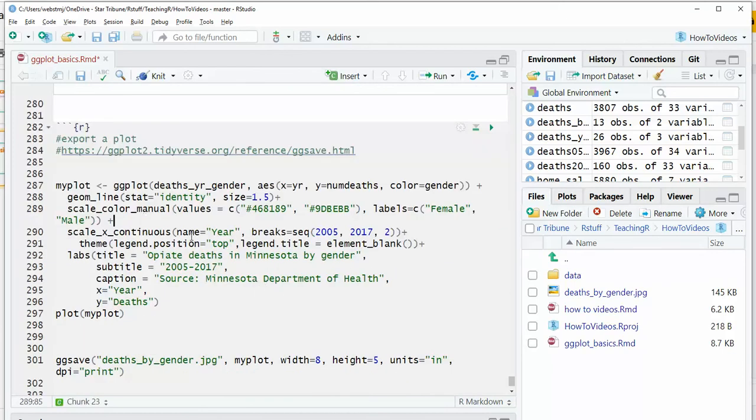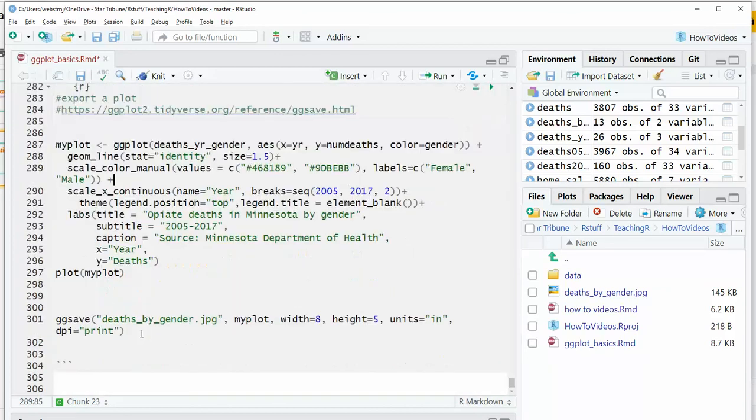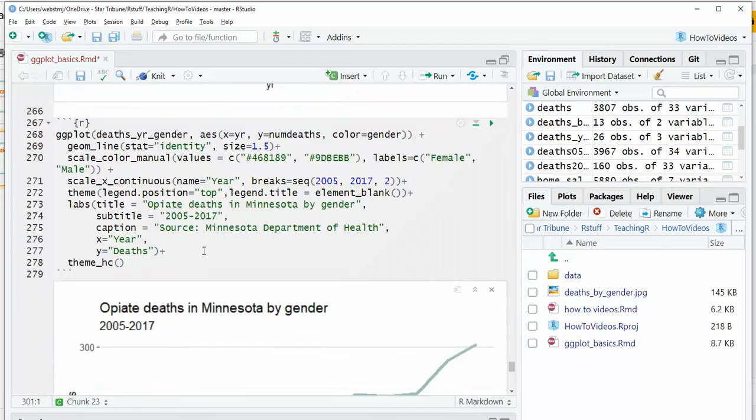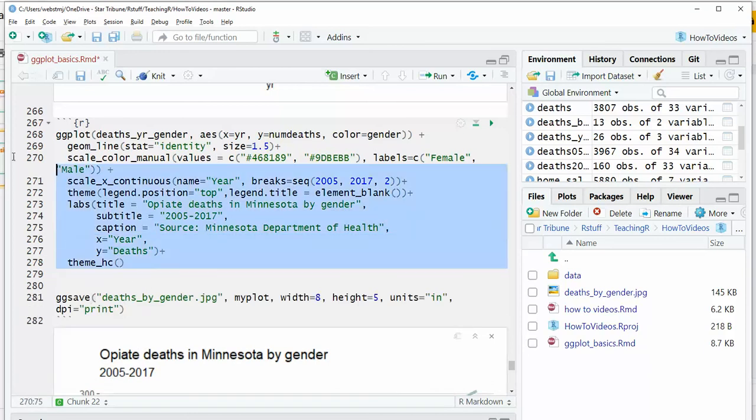All right, one last thing. So sometimes you might want to save that plot. So if we, I'm going to copy this. If you have what we've been doing up until now, all of these, we've been plotting them on the fly. We're not saving them as a data frame or saving them in any way. They're just plotted on the fly. And you could,